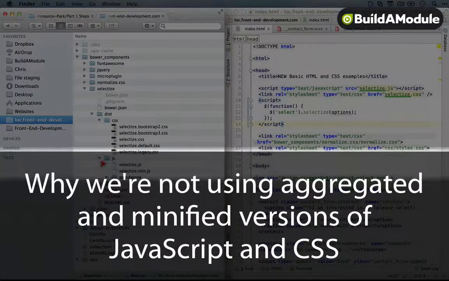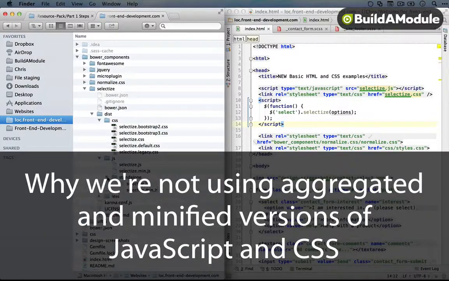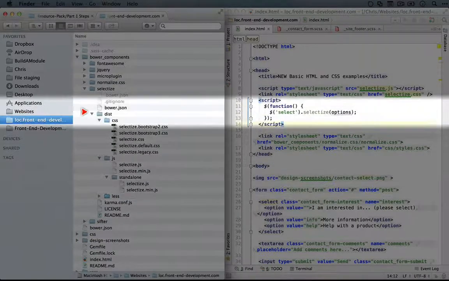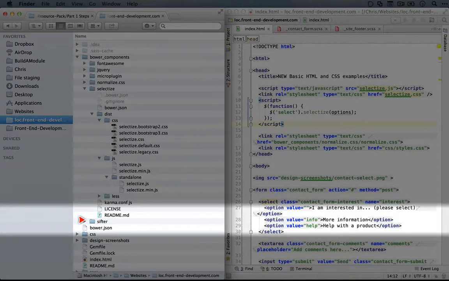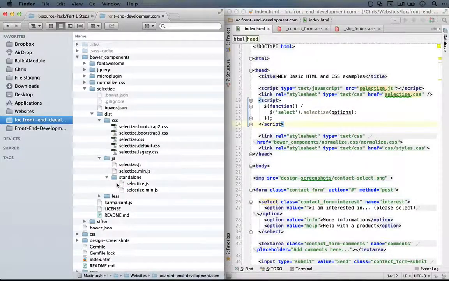So now there's selecteyes.js, selecteyes.min.js, and then this standalone right here. Now if we read the documentation, it says that the standalone selecteyes includes the micro plugin and the sifter dependencies. Not the jQuery one, but it bundles it into a single JS file. Now, if we were going to launch our site without aggregating all of our JavaScript files, this might actually be